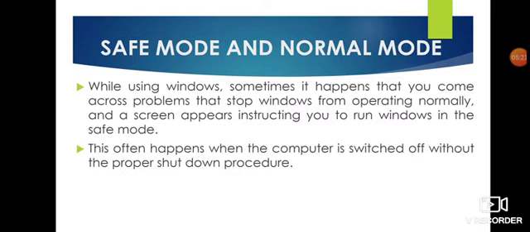When we do not shut down the computer properly, the screen can become hanging, and you can't do anything. So you have to shut down your computer properly.